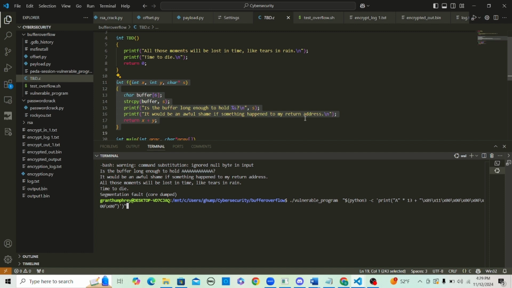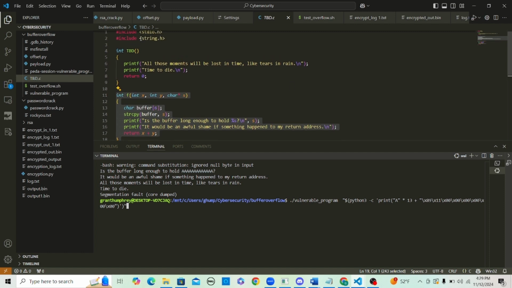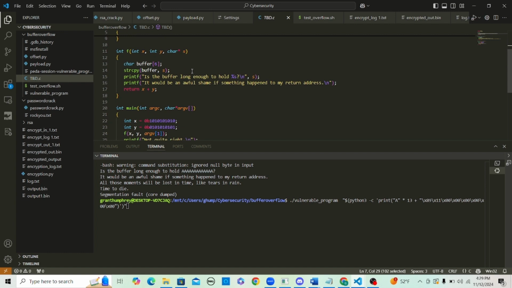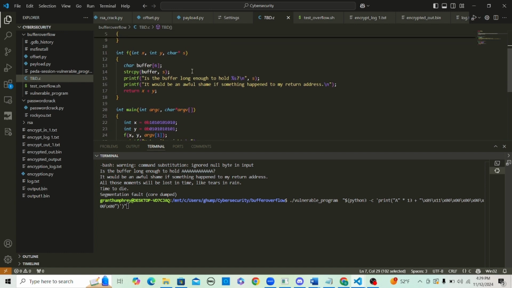So here I'm going to be overflowing the buffer, setting up an offset, and then delivering the address that I found for int tbd, this function up here. And this should, if I do it correctly, overflow and print out these two lines here, and then segfault and crash. So if we run this here,